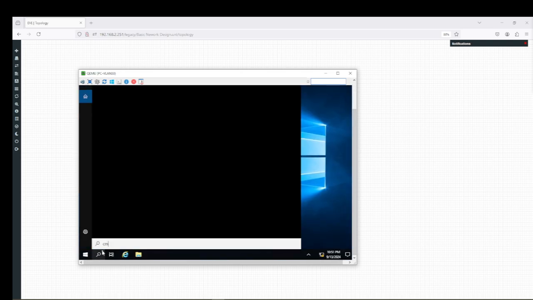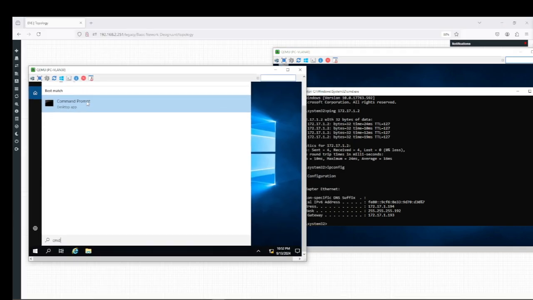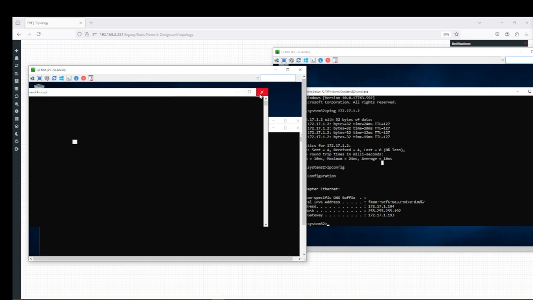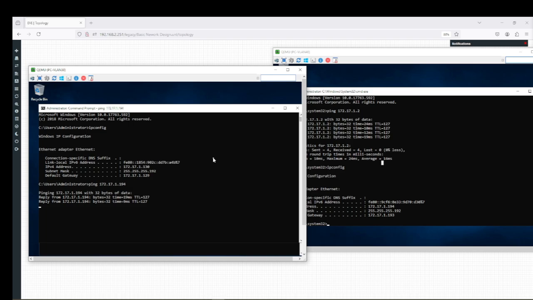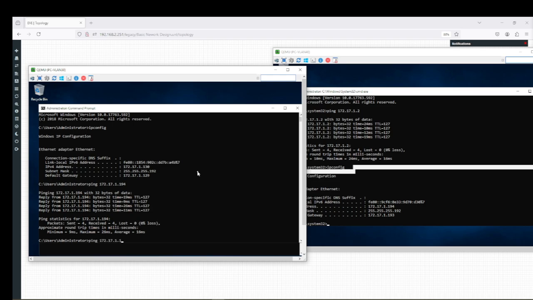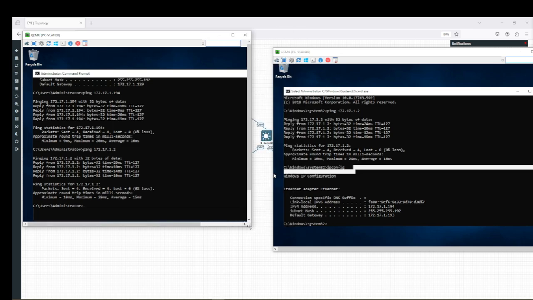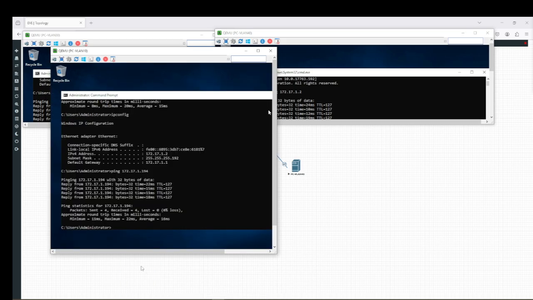From here I go to CMD. Let's check whether I can ping VLAN 40, which is 194. Okay, so I'll just run ipconfig. Okay, this is 130. So if I ping 172.17.1.194, you can see that I can ping. And from VLAN 30, I should also be able to ping, for example, 1.2, which is VLAN 10. So we just verified that we can establish VLAN to VLAN communication between any VLANs,